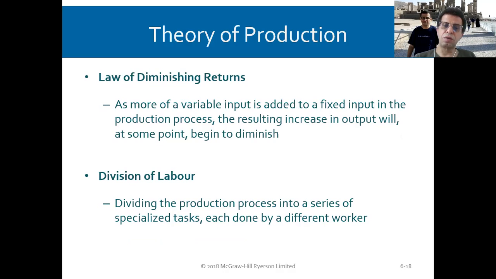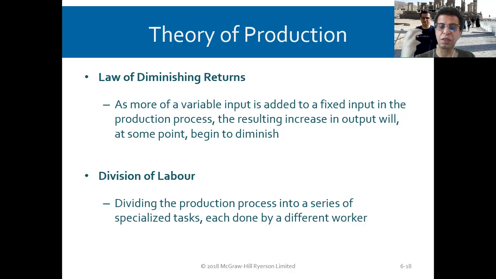Then what we have is the law of diminishing returns. As more of a variable input is added to a fixed input in the production process, the resulting increase in the output will at some point begin to diminish. So let's assume you put one variable good and one fixed good, and your output is two. If you put two variable goods and always one fixed good, the output is three. Three variable goods and one fixed good, it's going to be